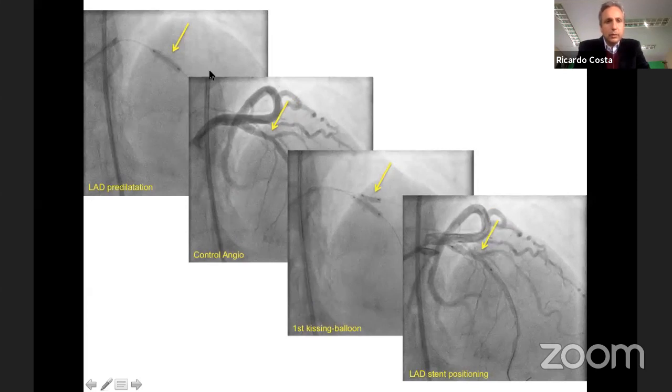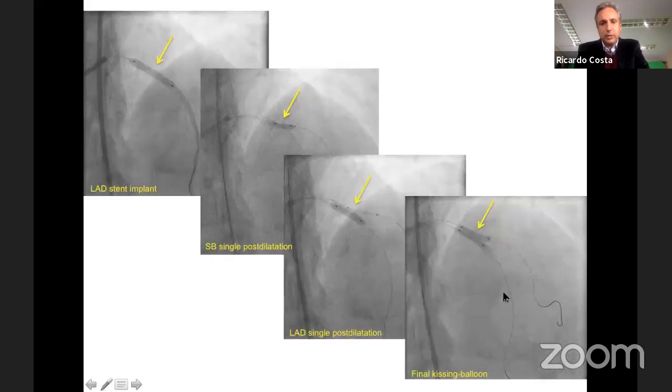Then we pull the wire and the balloon, the side branch. We have the balloon in the main vessel. This is the result. We recross. We do the first kissing. This is the LED stent positioned. We remove the wire back again. Stent implanted. This is a crossing,